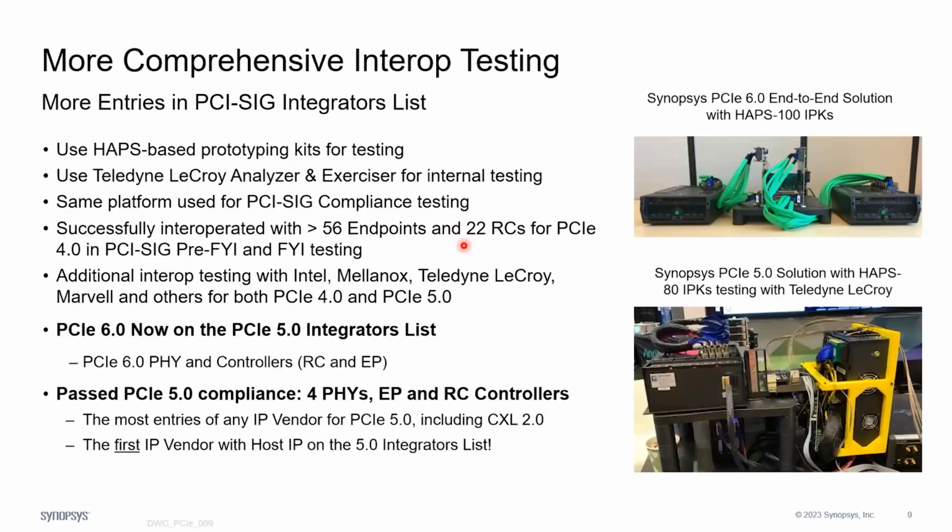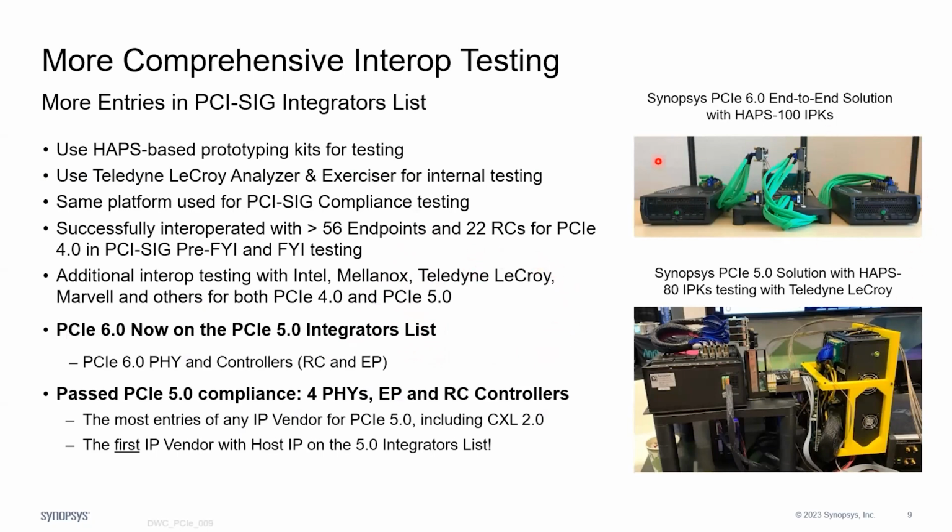So one of the things we do at Synopsys, we pay a lot of attention to this, is interoperability testing and validation, because we're usually very early. We have to have this ready very early. So as I mentioned, our first demos of PCI Express 6 were back in 2021 and 2022. We had it all over. 2023, we showed it. So we do this early, and often when we first do it, it looks kind of